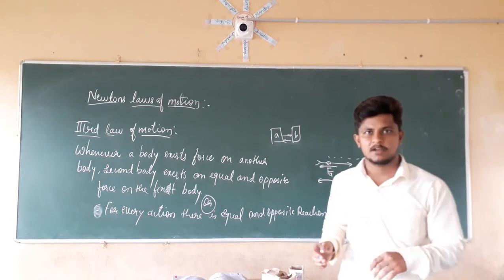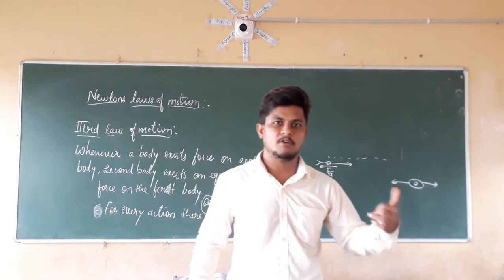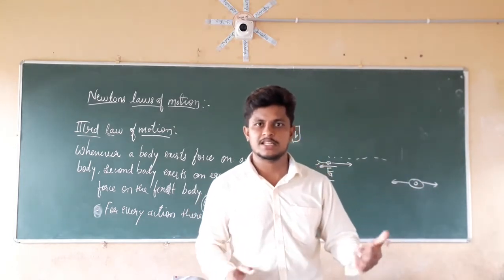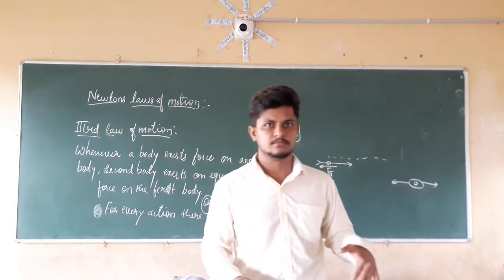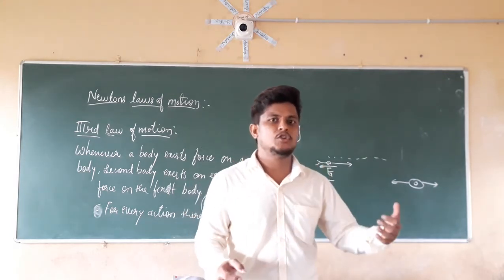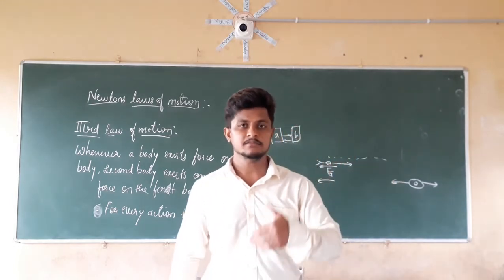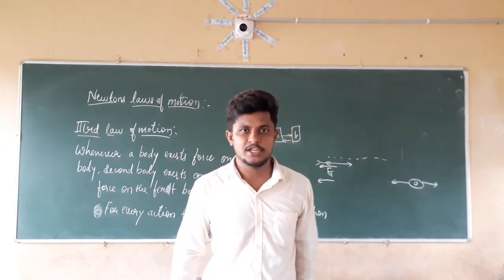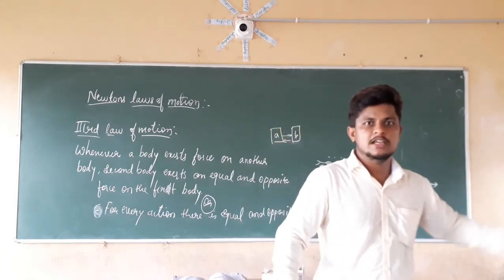If you take another example from athletics, the high jump or long jump, the jumper is going to come and at that point he is going to apply force on the ground. In the same manner, the ground is going to exert a force on that athlete, equal in magnitude and in the opposite direction. Because of that, he is going to jump higher.